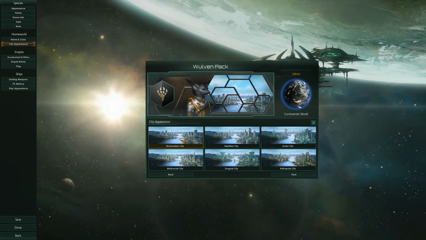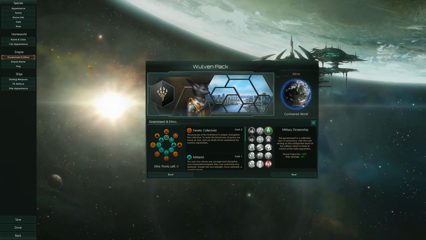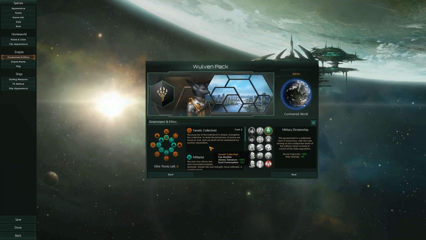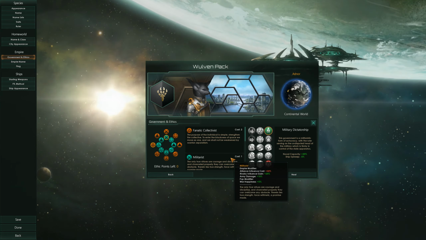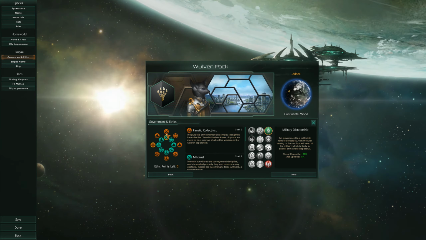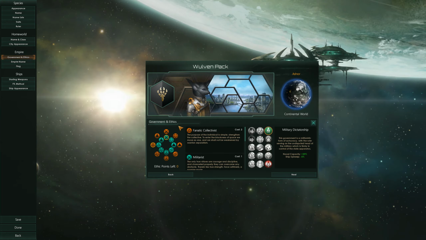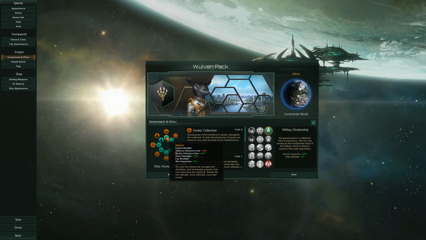So going with the werewolf kind of idea, they're like humans, so they have humanoid mammalian cities. Government and ethics. This actually decides quite a bit for your civilization. So you have this wheel here that defines all kinds of traits for your civilization. So for example, if you pick militarist,